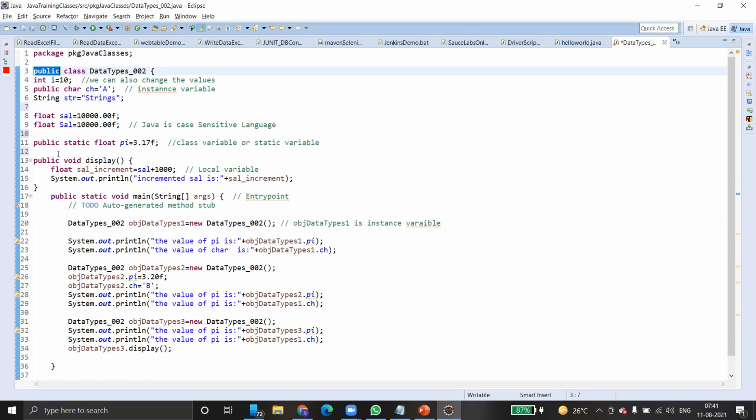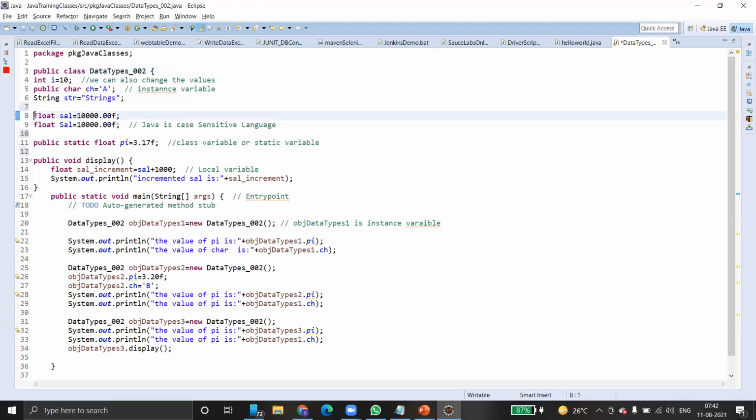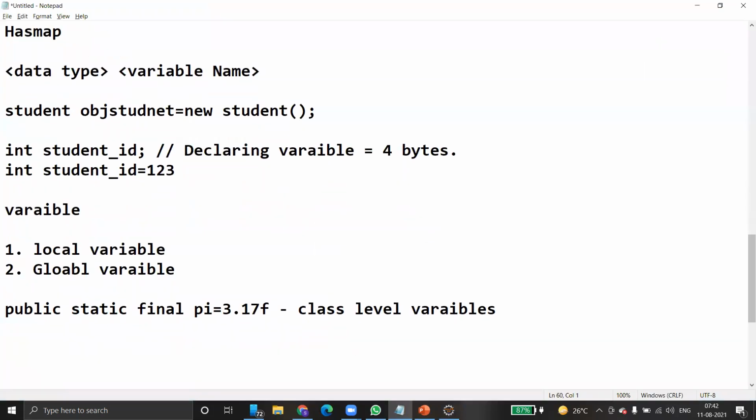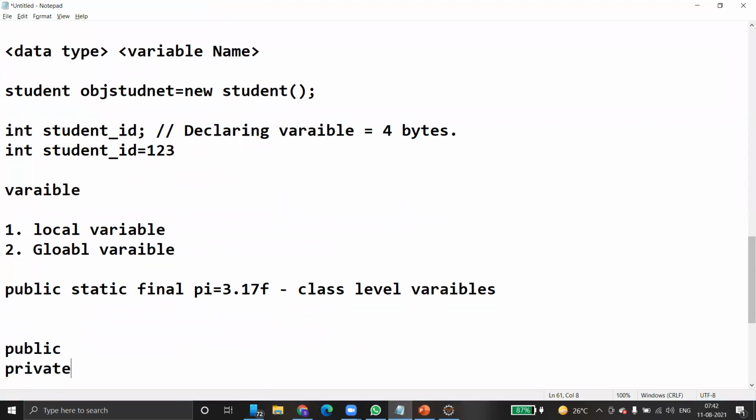Similarly, if you use the public keyword before a variable, it can be leveraged across multiple classes. If you don't declare anything, by default all the member variables of the class are considered private. I will explain at a very high level what these access modifiers are. Public and private. We have a few more, and we will discuss them later.